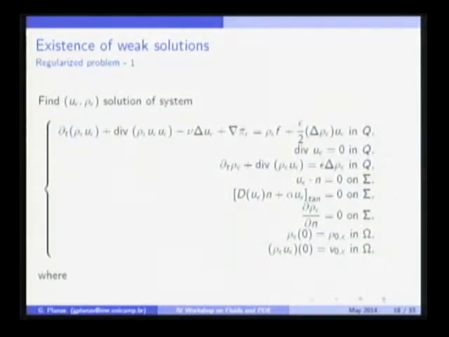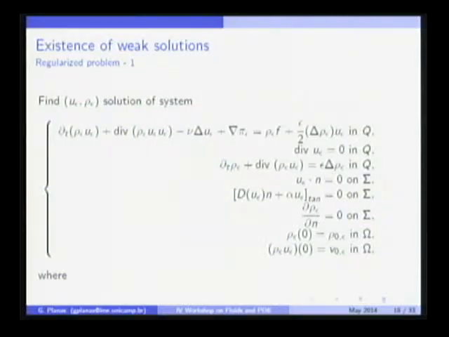We have the divergence condition. We have a parabolic regularization of the continuity equation: we add epsilon Laplacian of rho epsilon. So we need an additional boundary condition to complement the parabolic equation. This is a Neumann boundary condition for the density. We keep the Navier boundary conditions for the velocity. The initial data also depend on epsilon.